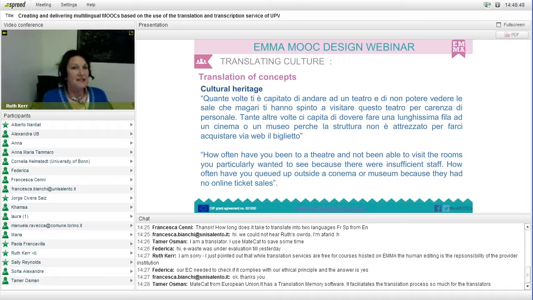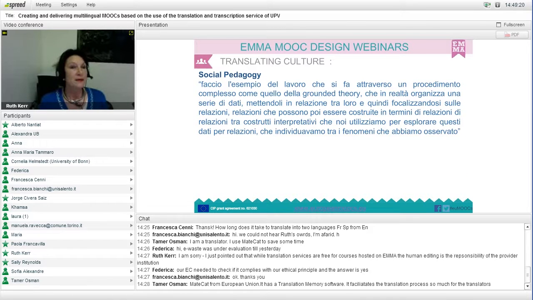Another interesting challenge about translation is translating concepts. Here, linguistically, the translation is perfect. How often have you been to a theatre and not been able to visit the rooms you particularly wanted to see because there were insufficient staff? But as a concept for an English person, it's weird because we don't often go to the theatre to see rooms. We would expect to go to the theatre to see a play. The same here at the